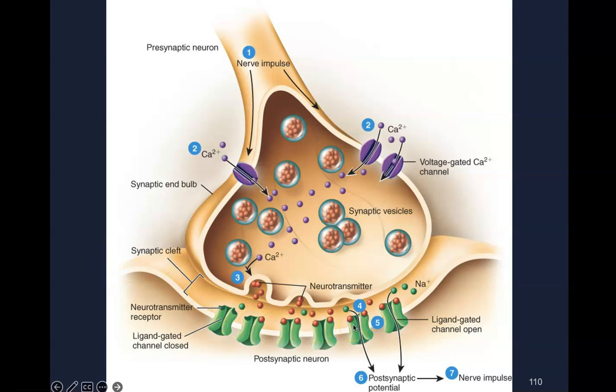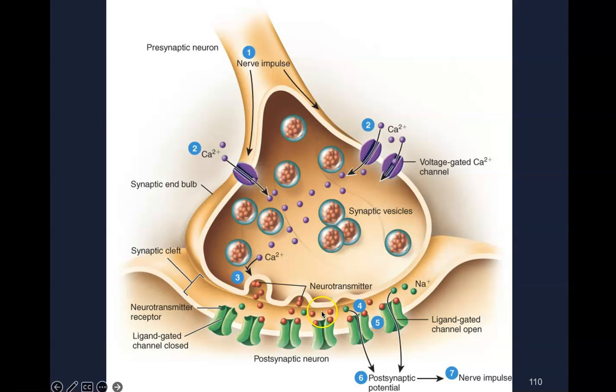So no motor end plate here because this is just another neuron. But this postsynaptic neuron in the dendrites, or the cell body, is going to have these gated ion channels. And in this case, it's going to be these ligand-gated channels